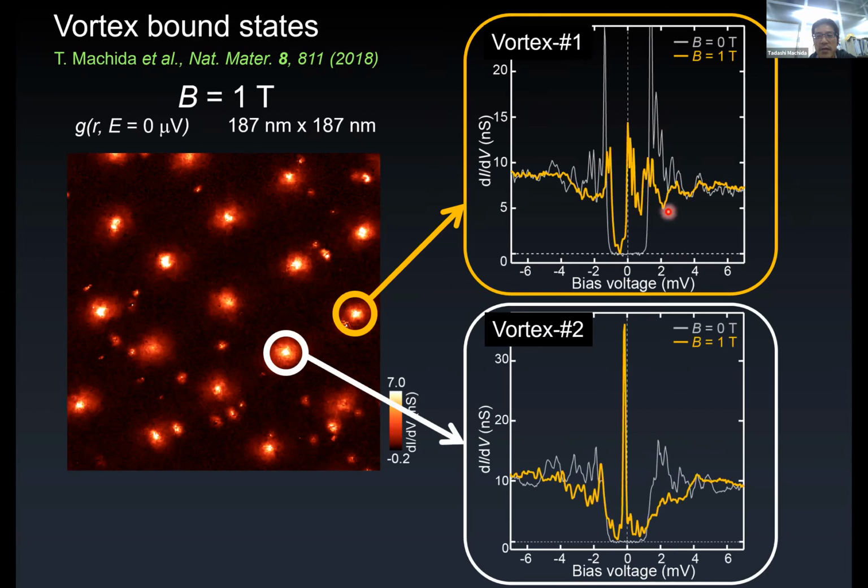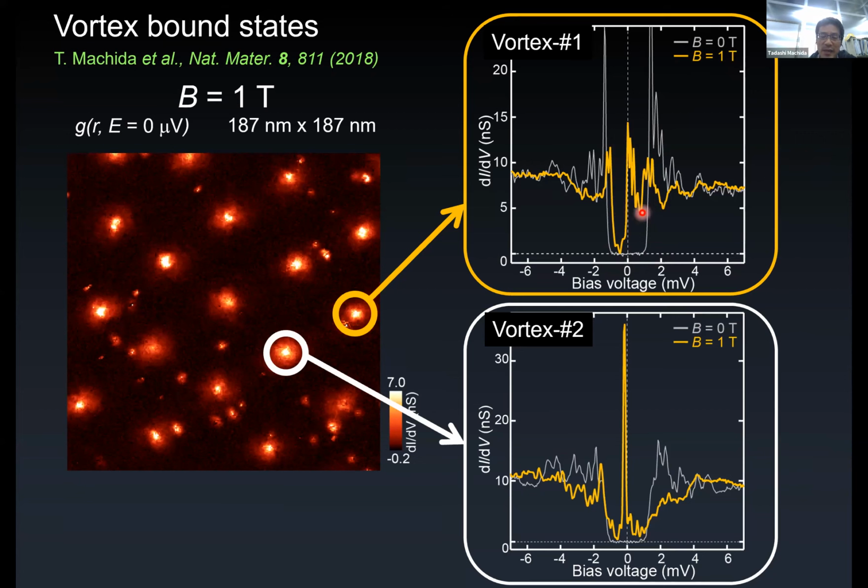In both graphs, this gray line indicates the tunneling spectrum taken at 0 Tesla at exactly the same location of the vortex core. Okay. In both vortex cores, we can see many peak structures induced within the superconducting gap, as shown here and here. Okay. And considering there are no features within the superconducting gap at zero magnetic field, these vortex-induced peaks originate from the